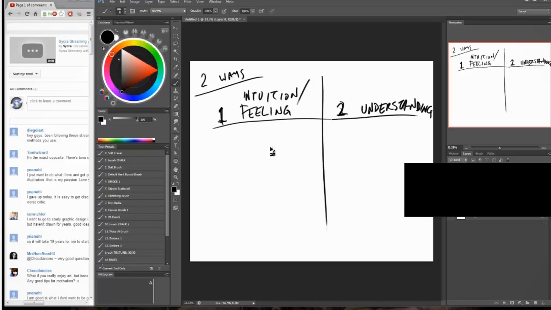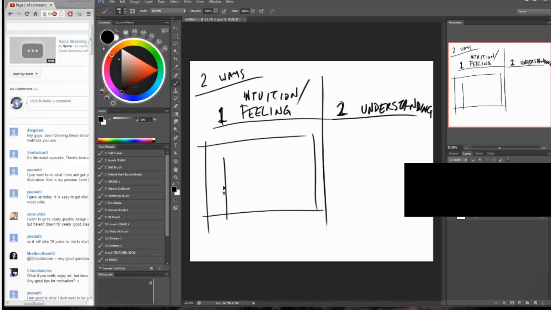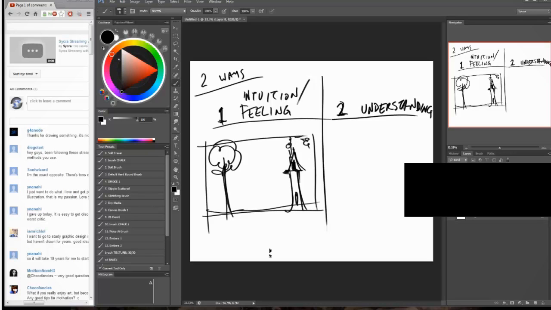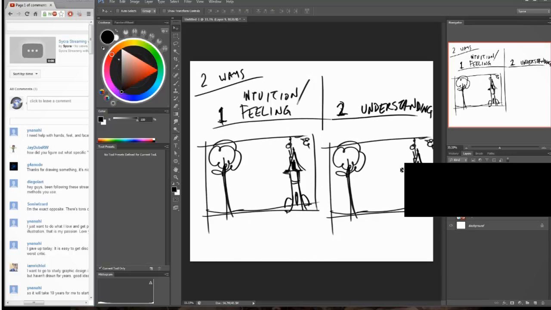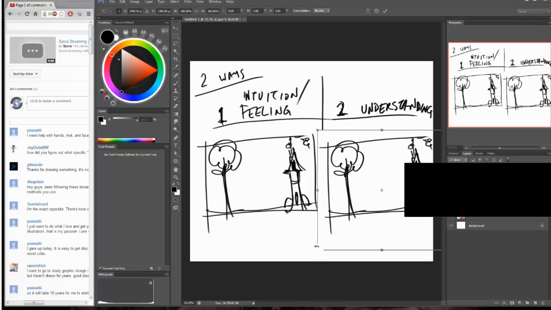So let's say I'm doing a picture and I'm just using my feeling, and I put down a tree, and this is a wonderful tree, you know. Anyway, so it's a rocket house. So we have that, and then you could say, let me just duplicate this, copy and paste it, so I can have one on both sides. So the feeling thing, and this changes based on trial and error, makes a difference.